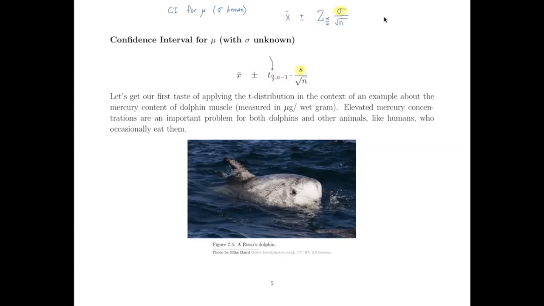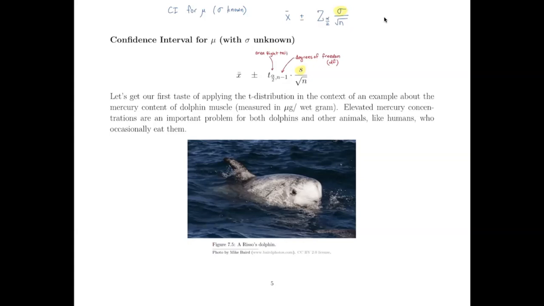So this is the area in the right tail, okay? And this here, the n minus 1, that's our degrees of freedom, which I usually write df, okay? But other than that, it's really going to work the same way. So for our first taste of applying this t distribution, we're going to think about it in the context of our example,